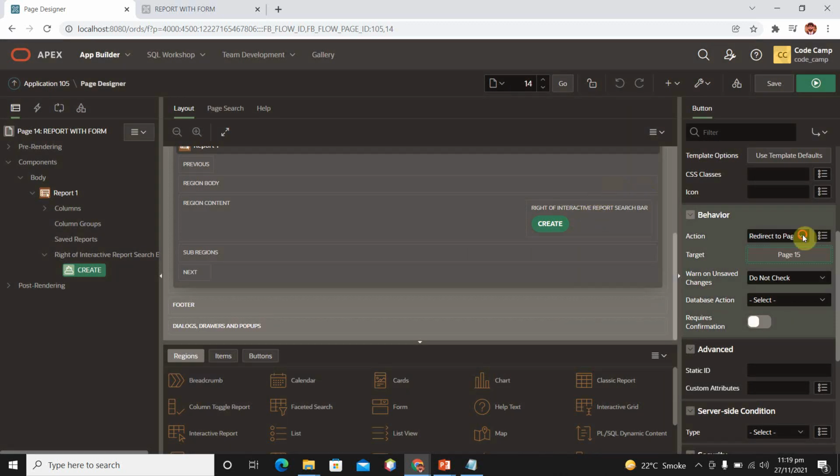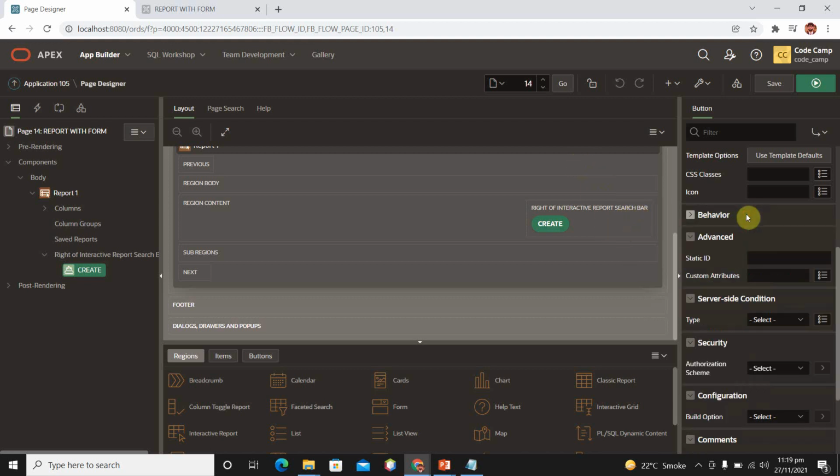And here we have action, and in action I have redirect to page in this application, and then redirect to page in a different application. If you have two applications and want to be redirected to the other application when I click on this button, then you can select this option. Similarly, we have redirect to URL and dynamic actions.